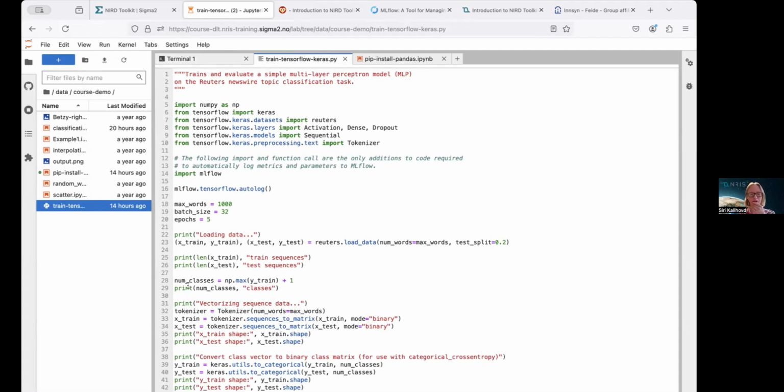So those are the 2 things I want to do in this deep learning tools example. Okay, so I picked an example from the mlflow documentation pages, and